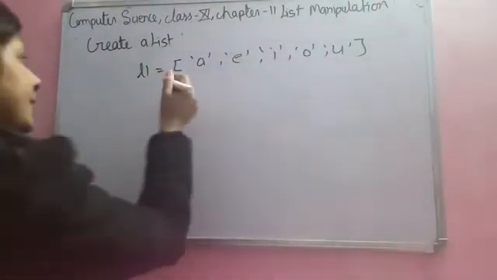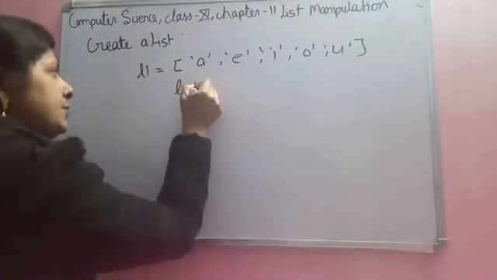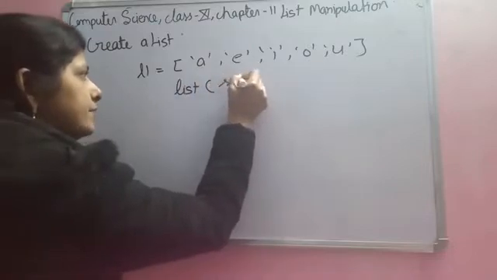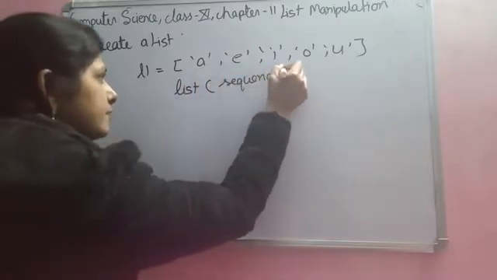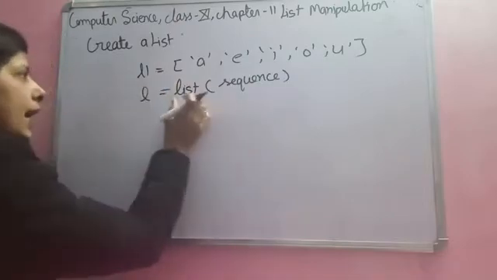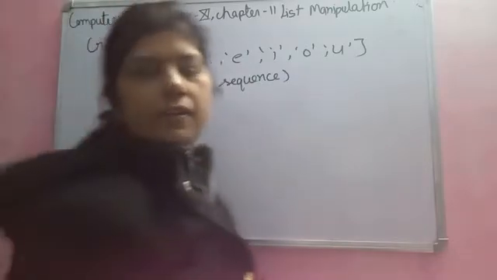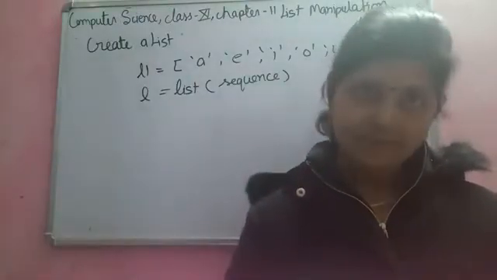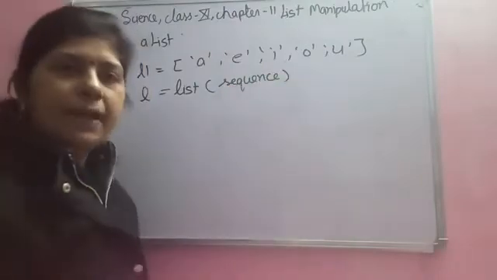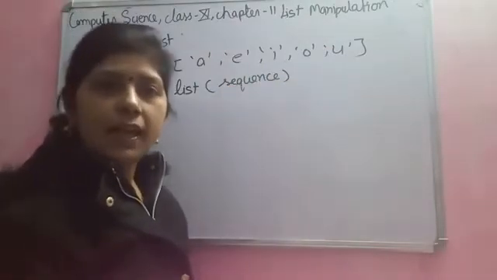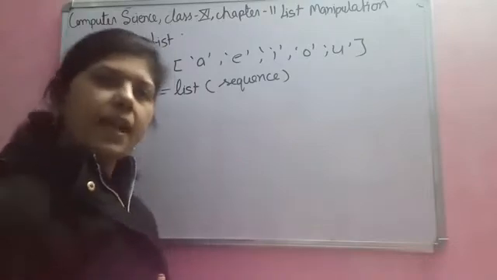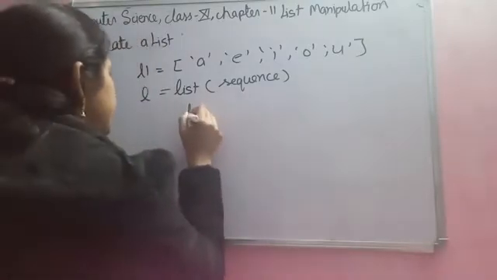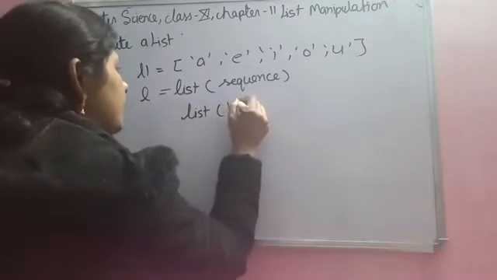दूसरा तरीका, अब ये लिस्ट कीवर्ड यूज करके गिव अ सीक्वेंस, and this list keyword converts this sequence to a list. For example, सीक्वेंस, हमारे पास सीक्वेंस में स्ट्रिंग आता है, टुपले आता है. तो मैंने यहाँ पर एक स्ट्रिंग दे दिया. मान लीजिए मैंने दिया लिस्ट हेलो